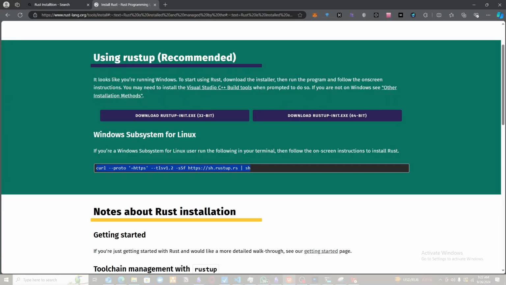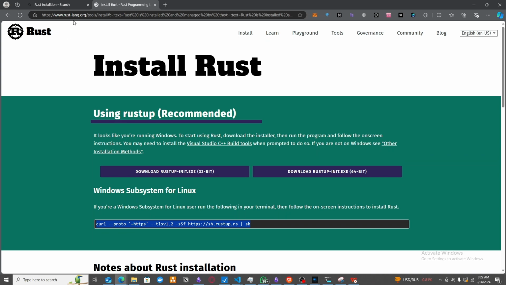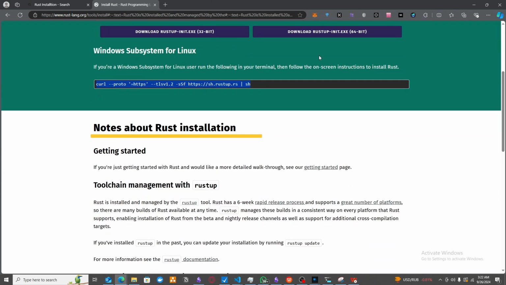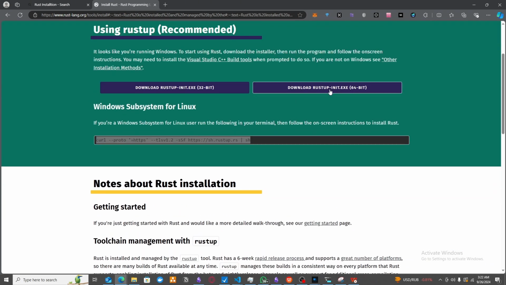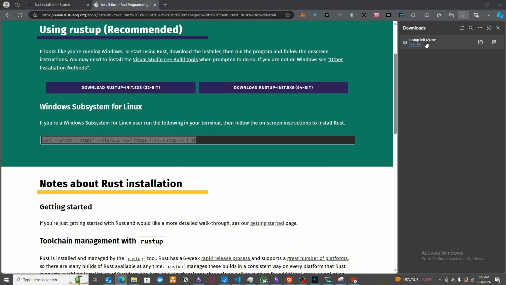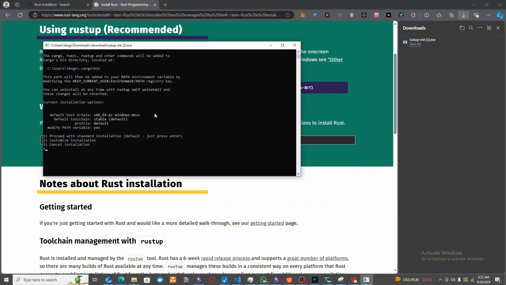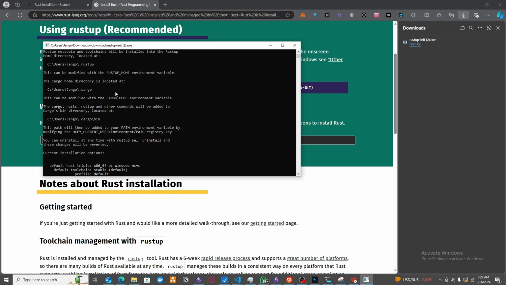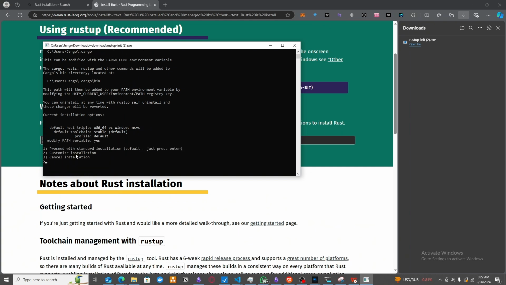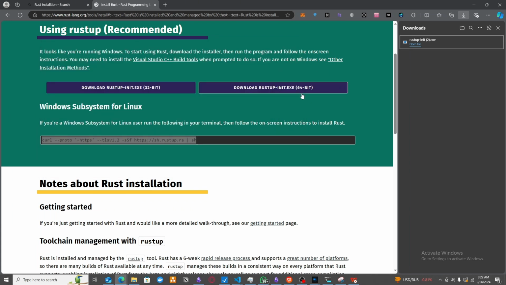So you're going to go to rustlang.org. And then if you're using Windows, of course, you need to download. For example, I'm using 64-bit, so I'm going to be downloading this. Then you want to install it on your machine. So you want to proceed by installing it. I already have mine installed. In this case, you're going to press 1 here to proceed with default installation. So when you get it installed,